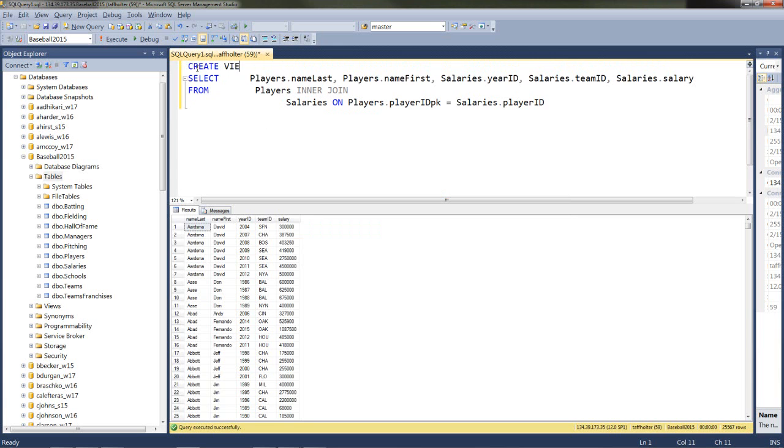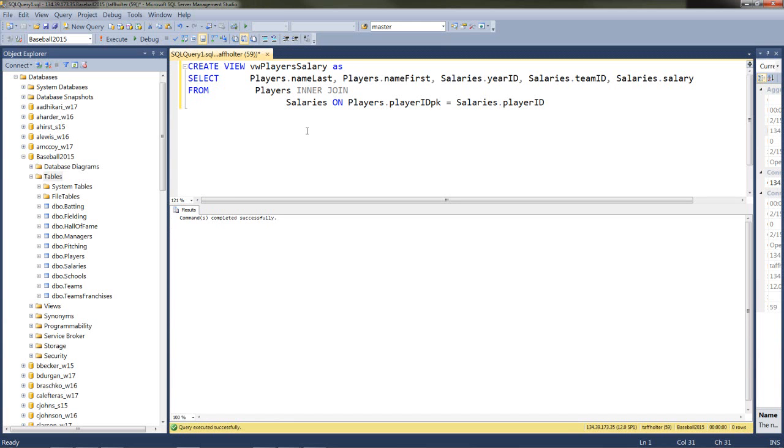create view, and I always like VW to start with. It's like my Hungarian notation, and again, I'm going to use lowercase VW, and I would give it a name. Usually I like putting in the name of the tables with the parent first, so players, and then this is players salary, and then the keyword as afterwards. I could check it, and I believe I've already got this one created. Let's find out. Let's execute it. I didn't. So now I've got this view, and rather than have to deal with this select statement, all I have to do is, to get the exact same output,